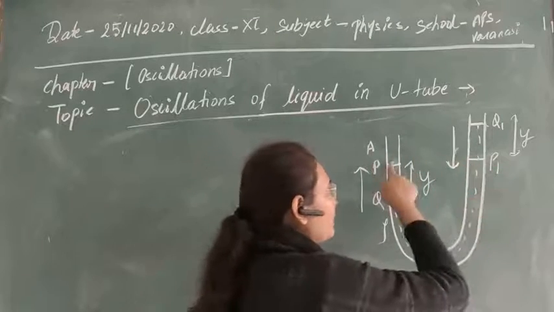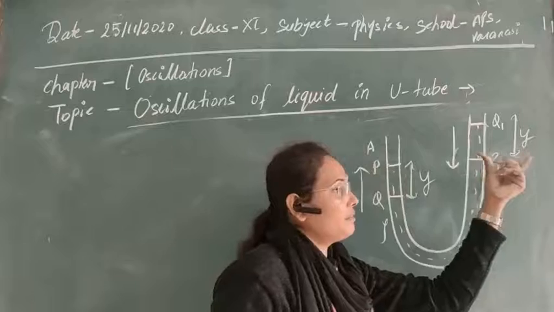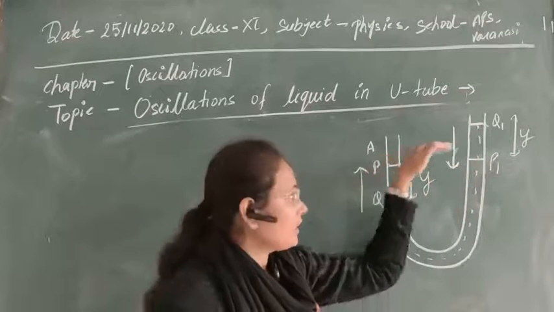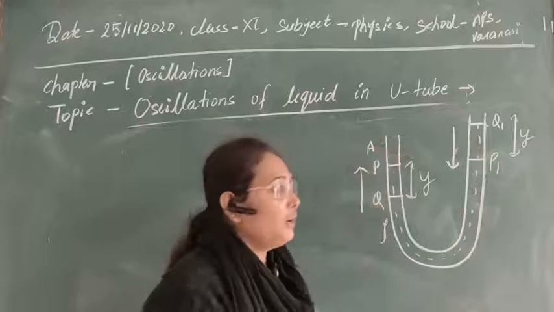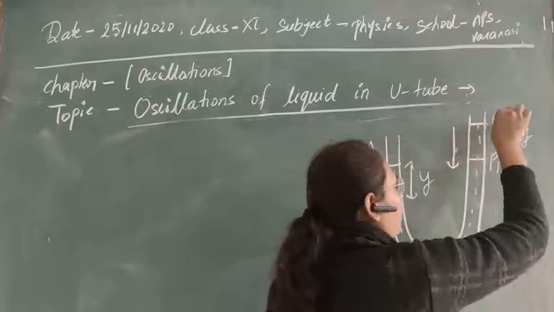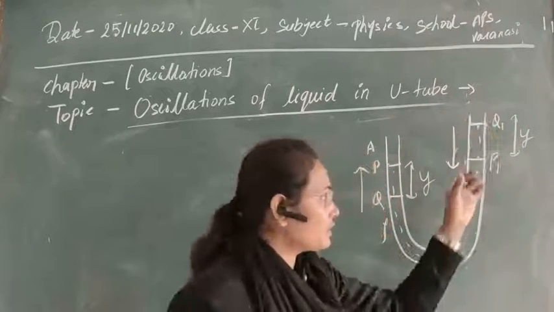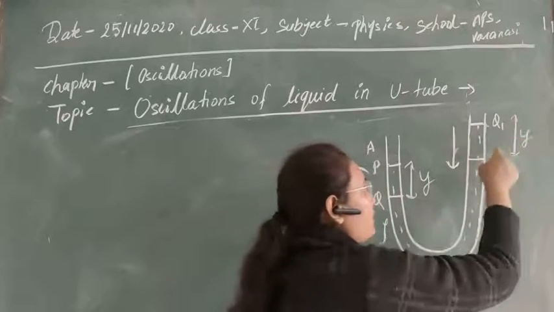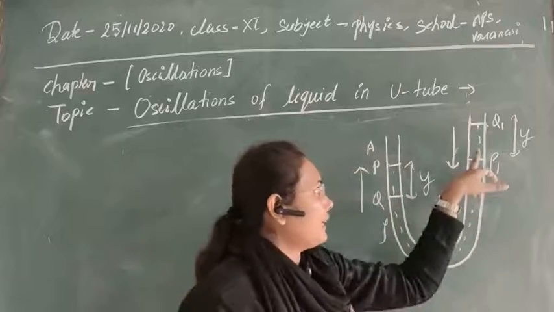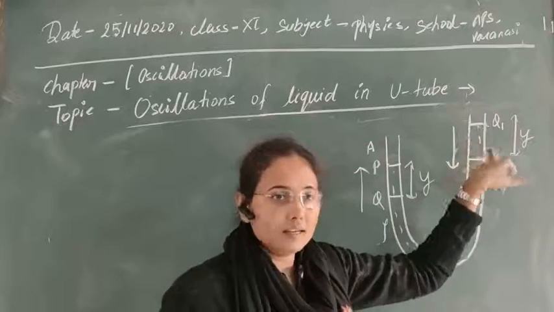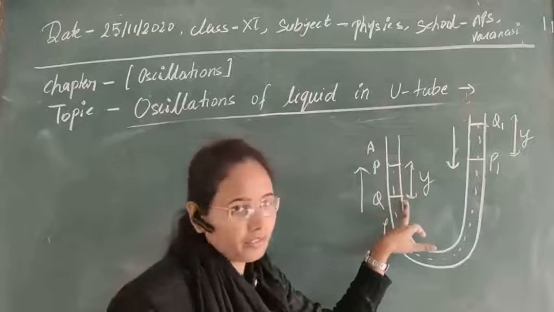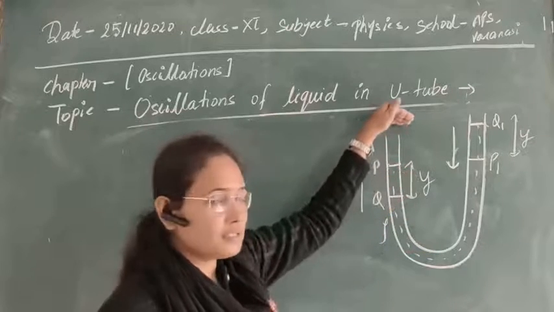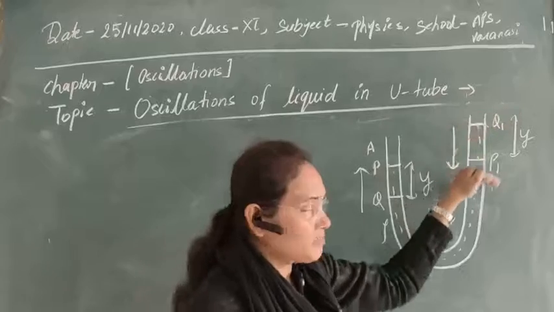So as you are seeing, there are 2 points, P and P1, and these 2 points are at the same level, which is the initial level. Now if this liquid column is allowed to be displaced by a small displacement y, then obviously if there is a rise of liquid here, there will be a fall of liquid by the same amount here, clear? If here it is rising up, then here it will be falling.